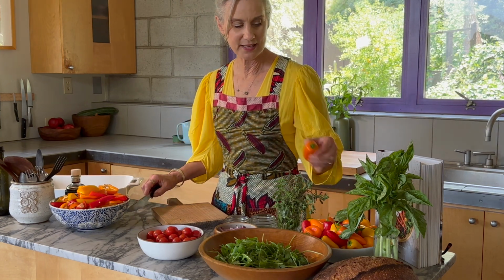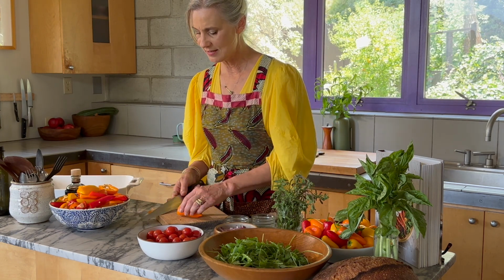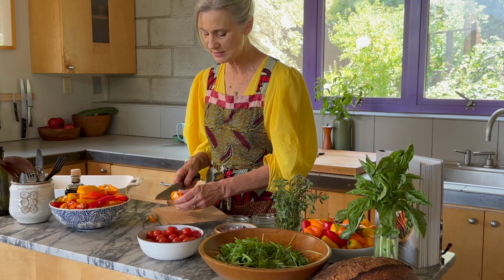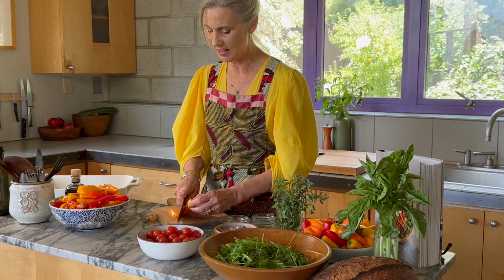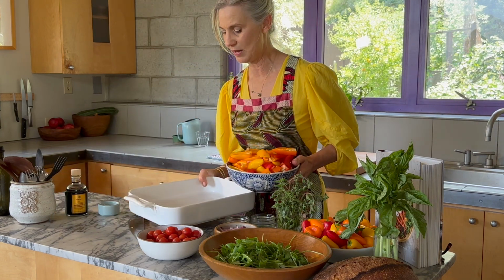This recipe uses 2 pounds of sweet mini peppers, and I prep these out just by cutting the ends off. And if it's a large pepper, bigger than your thumb or longer than your thumb, say, I like to just cut it in half. I'm going to simply add to a big roasting pan,